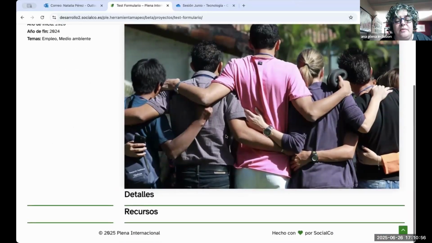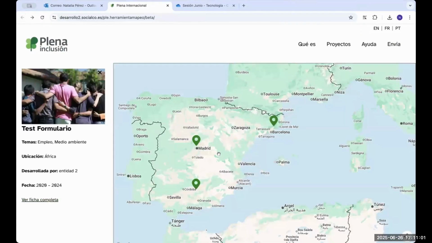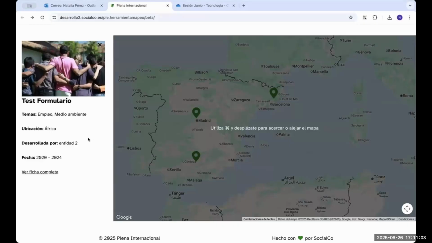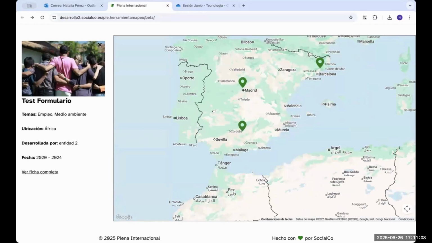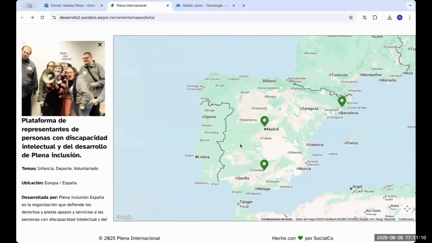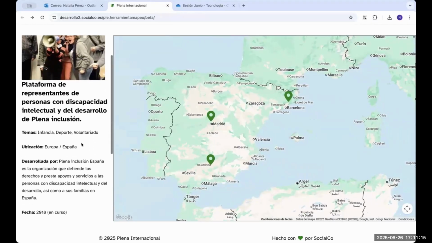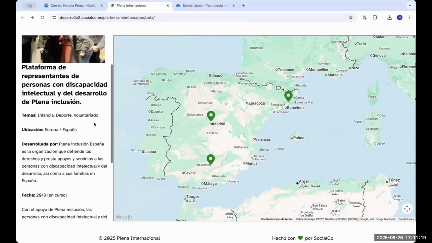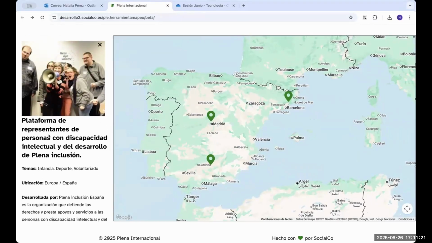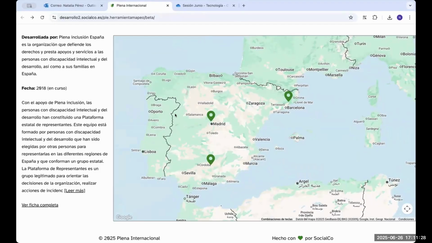Look, Anna, I'm also sharing the screen, the model we're working on. This would be the map, and if we just click on a project, we will have the project on the screen. We are starting to develop this, what Anna was explaining, but this is basically the idea, that we can check the different projects on the map. In this case, for example, the one on the platform.